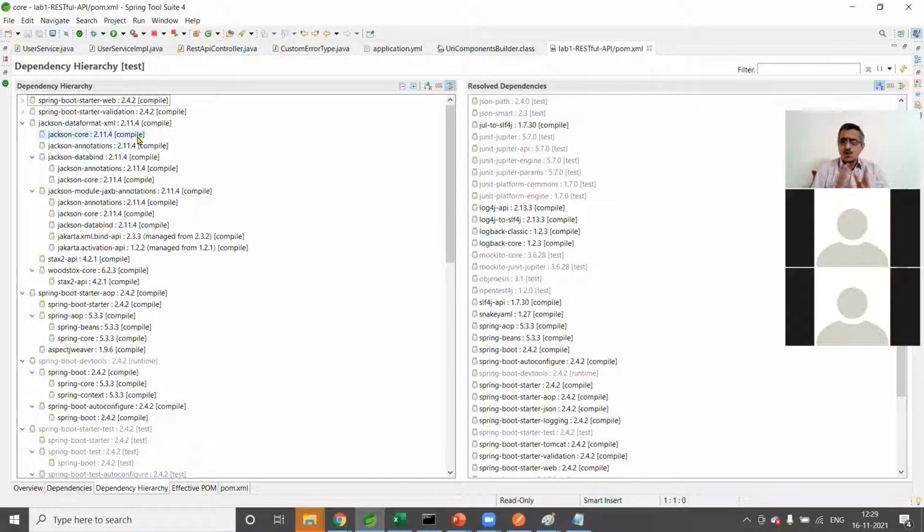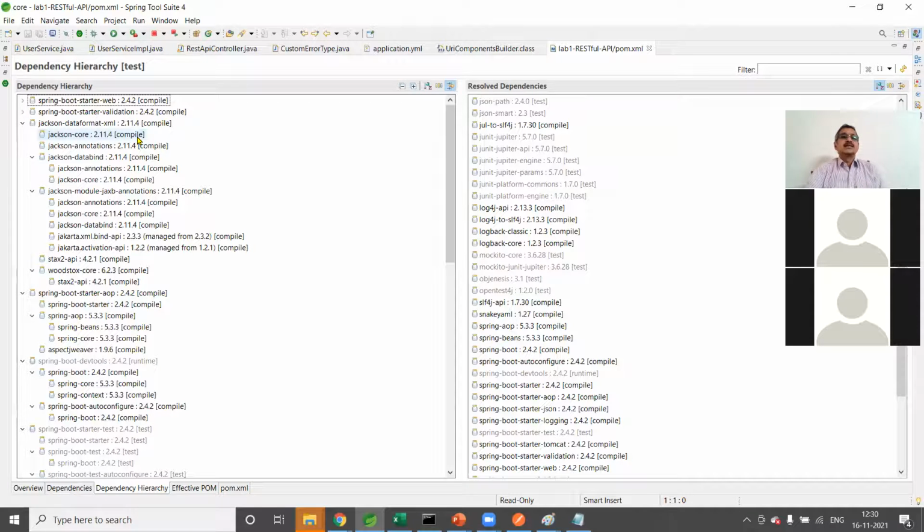The reason is most of the RESTful web services go ahead with JSON. Along with JSON, adding XML would be a performance overhead. Why load too many classes? That's why we need to explicitly define it. This is one area you need to focus on. Anytime, if I have created one web project using Spring Boot Starter Web, and I am trying to retrieve the data with XML, I am not able to do it because this dependency is missing.